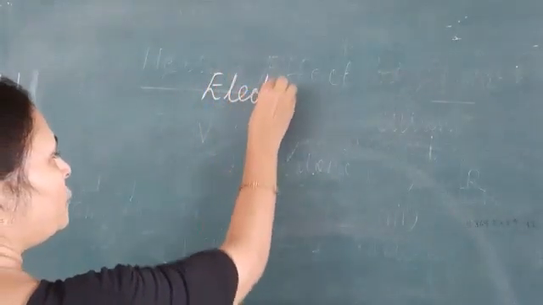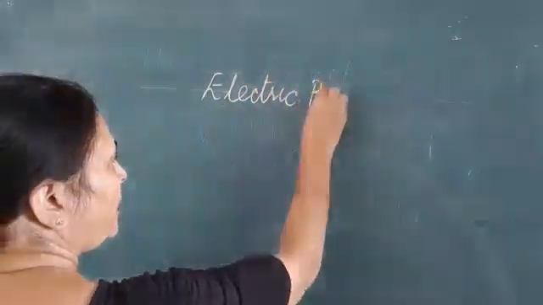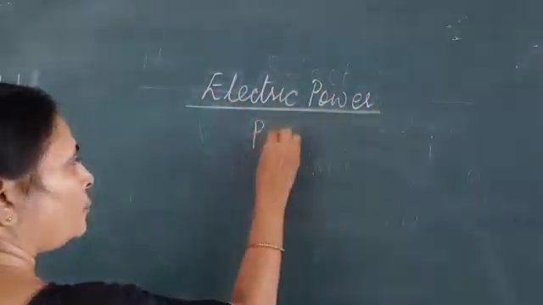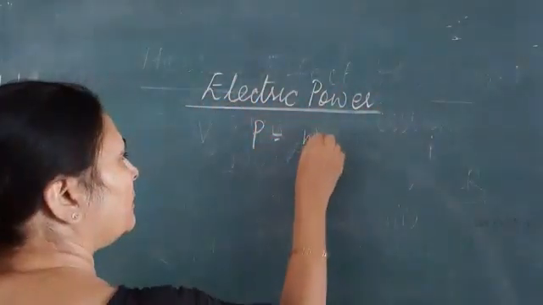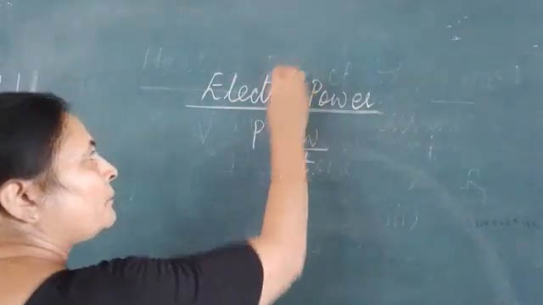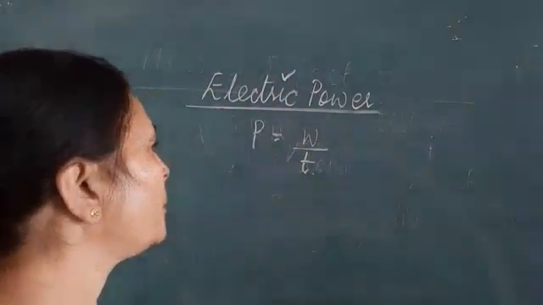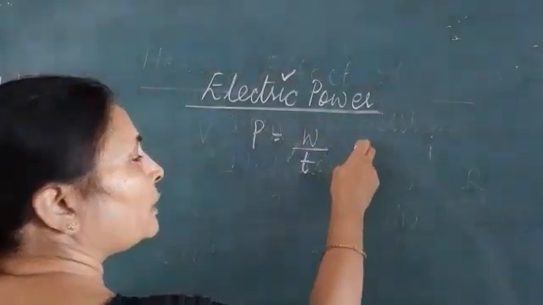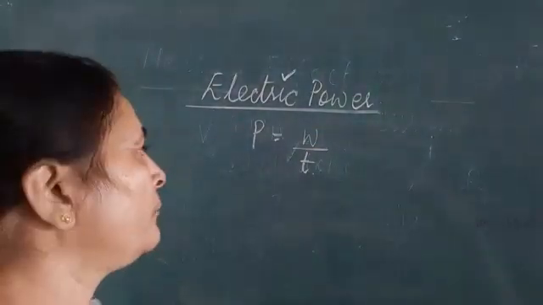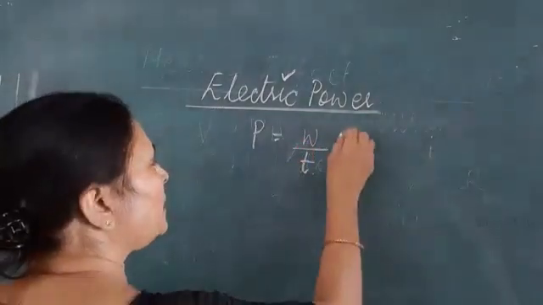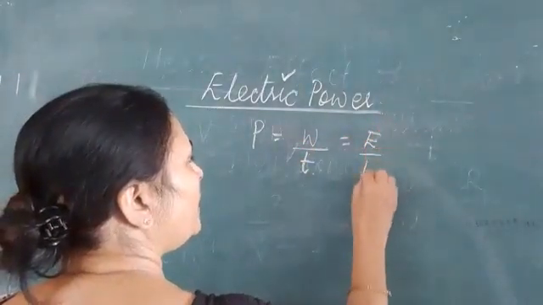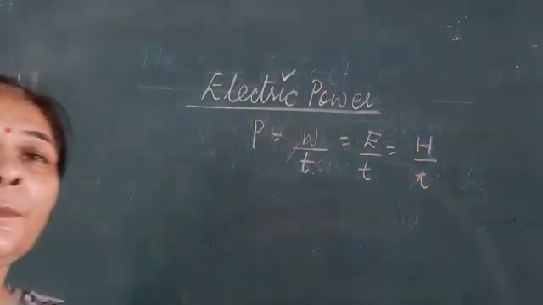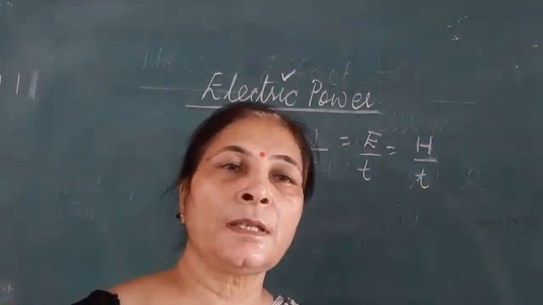So, the definition of electric power is already known to you. We have discussed it yesterday. See, power, how do we define? Work done per unit time. Now, since here we are talking about electrical power, it is the work done by electrical energy. And since whatever electrical energy will be dissipated will get converted into work, we can easily write it down as E upon T, which can also be equivalently written as the heat developed in a given time T. This we discussed yesterday also.